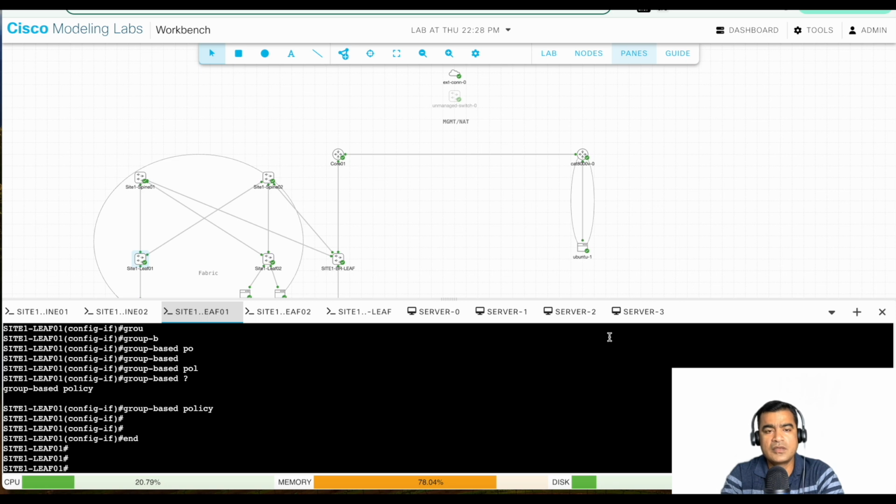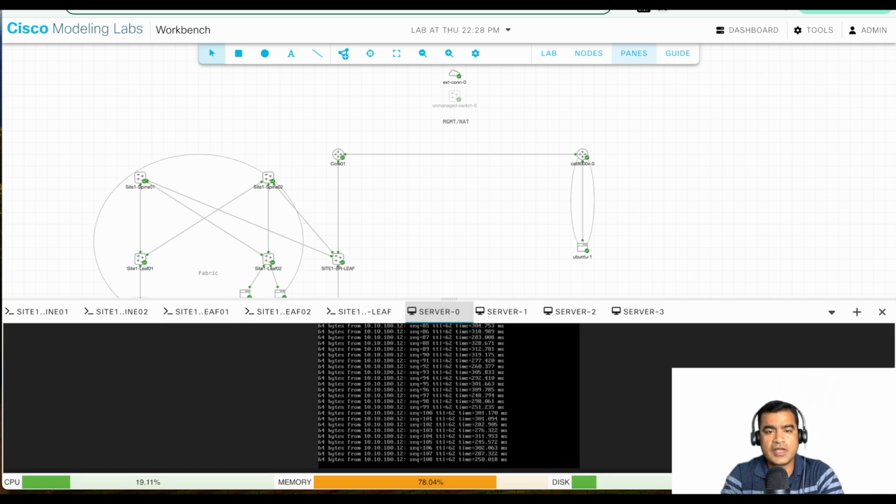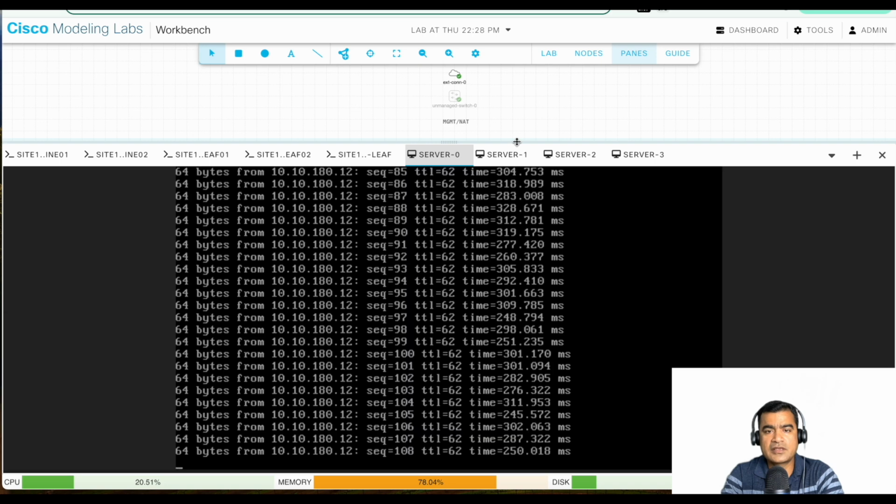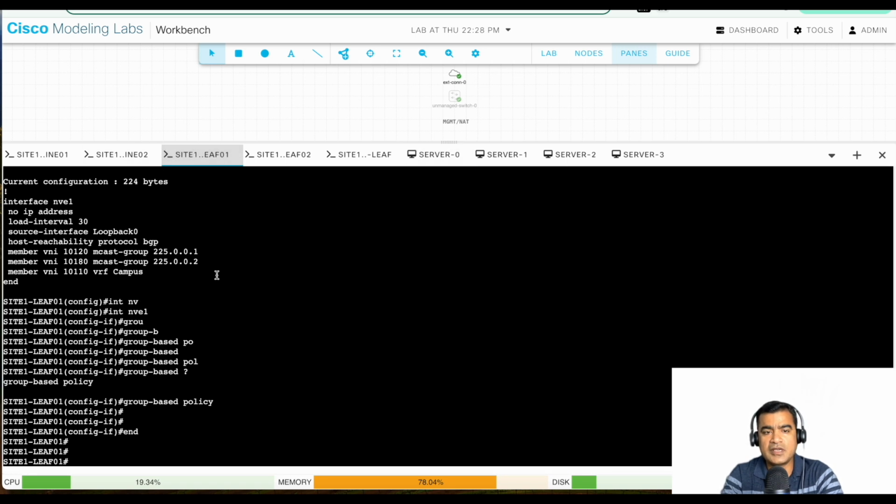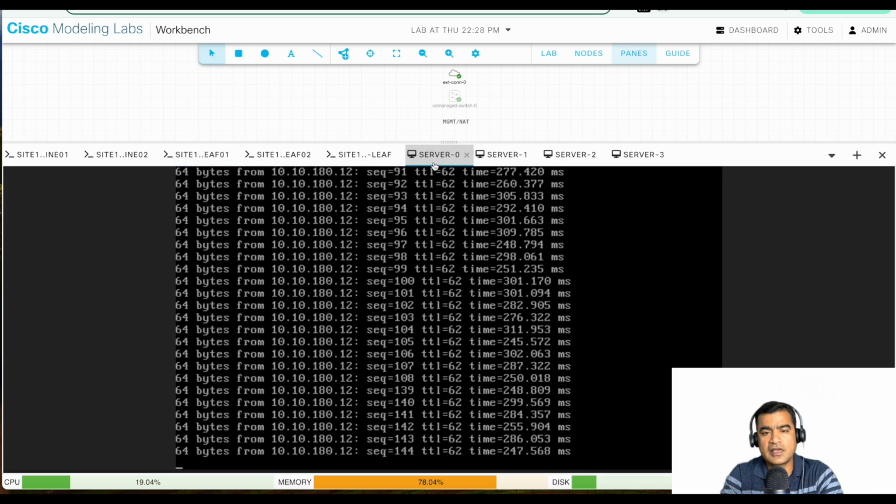Okay, this is good. So we have applied the policy, we have policy configured. So let's see if the communication breaks. Let me zoom in a little bit. Right now you can see it is kind of stuck, but we cannot say because we have just made a change to interface NVE, and due to BFD we may see an IGP BGP drop. So let's wait a little bit and make sure the IGP BGP comes back,